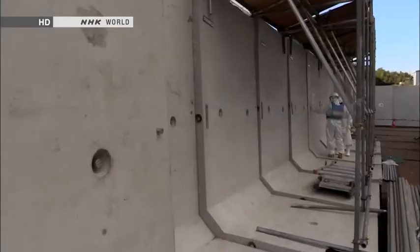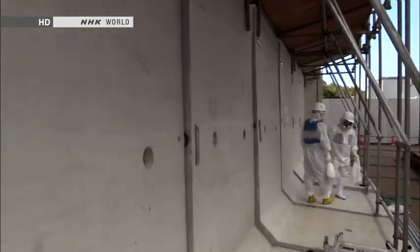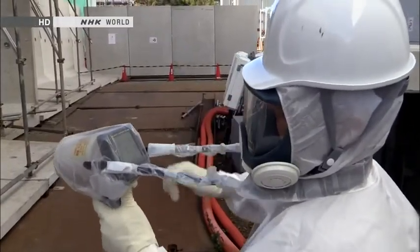TEPCO is installing concrete walls around the reactor buildings. The walls are meant to protect workers from radiation. But just a few steps away,